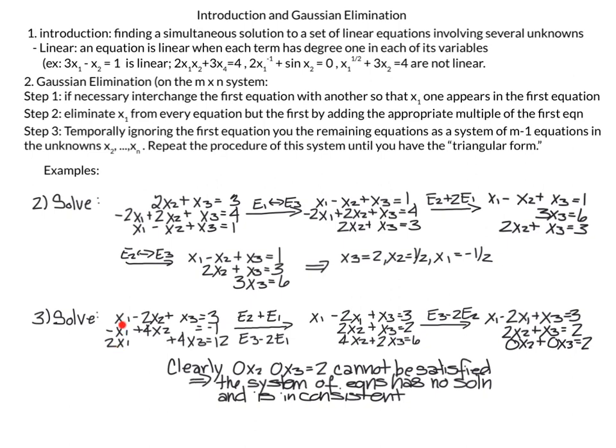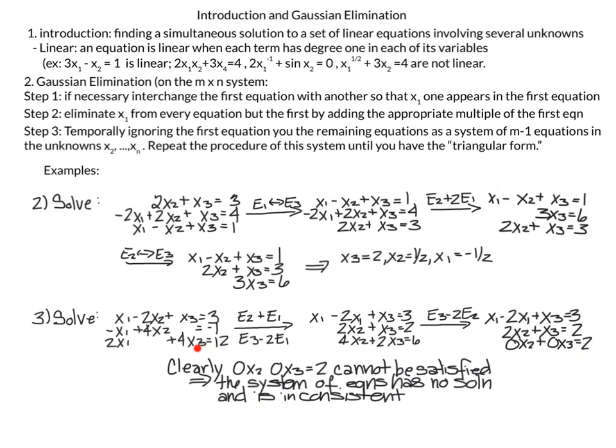So to get rid of x1 in equation 2, we just need to add e1 to e2. So we've done that here. This zeroes this out. This gives us our 2x2, this gives our x3, adding these two we get 2. To